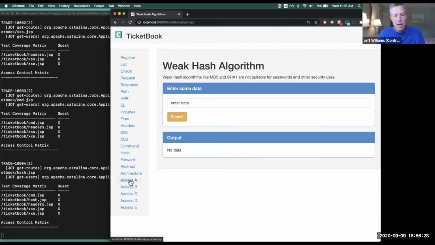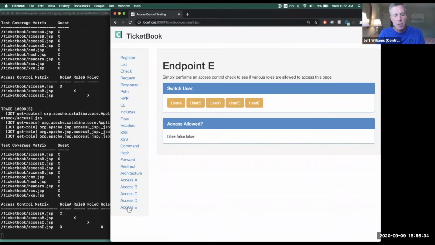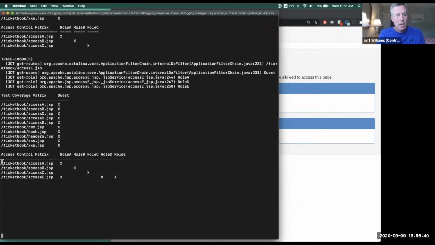So I'm going to hit these pages that are these access pages, because they have access control tests in them. And I'm just clicking on each one time. And you can see here, I've built this access control matrix automatically. I can see on page A, we tested for role A. Page B, we tested for role B. Page C, role C. Page D, which I clicked on, you can see it's in the test matrix here, doesn't appear to have any access control checks in it. That's a little weird. Maybe there should be a check there that's missing. And then page E has three different access control checks, which is sometimes valid, but oftentimes it just represents some kind of strange situation that probably shouldn't be.